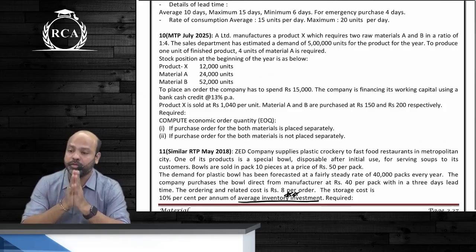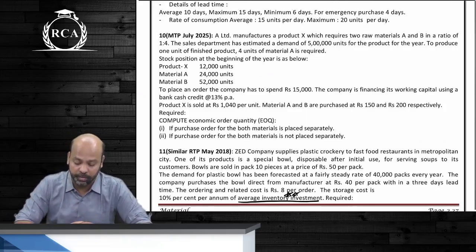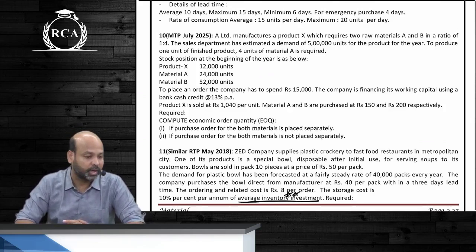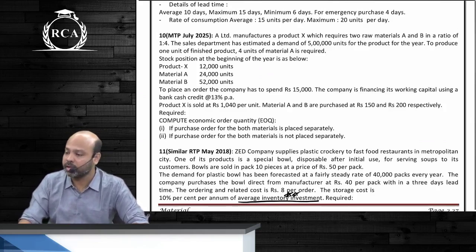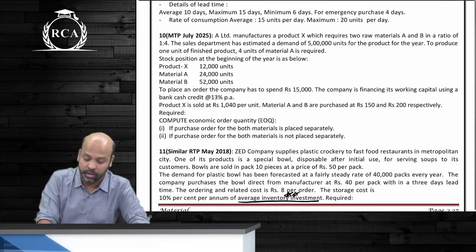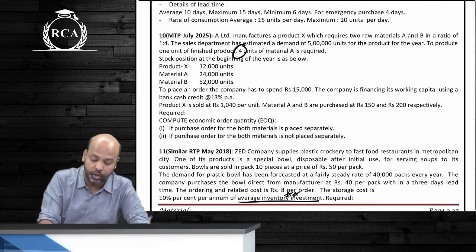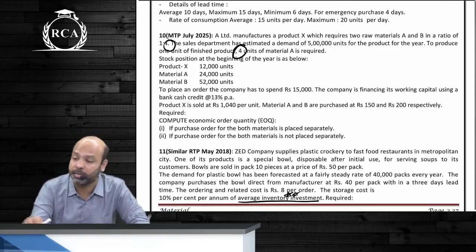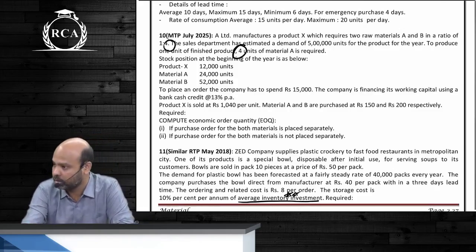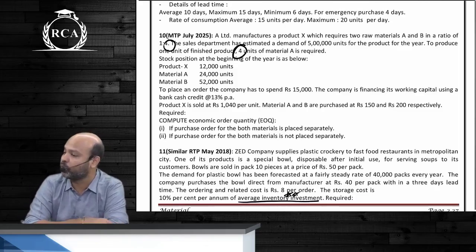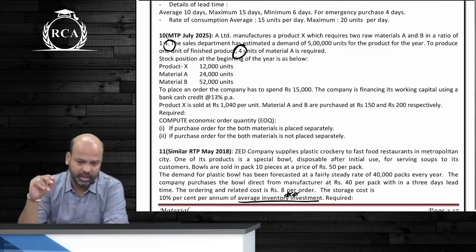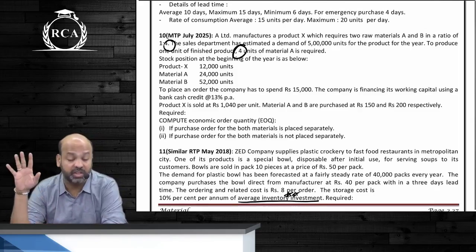4,88,000. That 4,88,000 guys multiplied by 4 will be the requirement of raw material A. 19 lakh 52. That 19 lakh 52 into 4 will be the requirement of raw material B. The requirement of raw material A and B, guys, is in the ratio of 1:4. So if you need 4 units of A, then 16 units of B